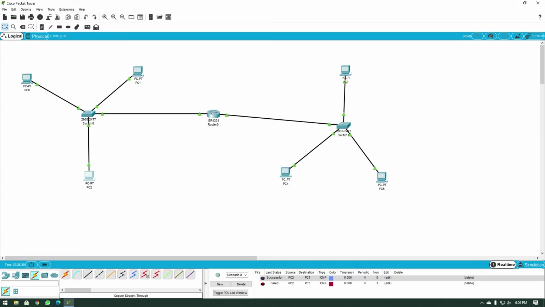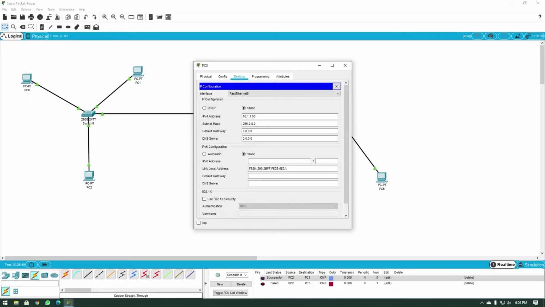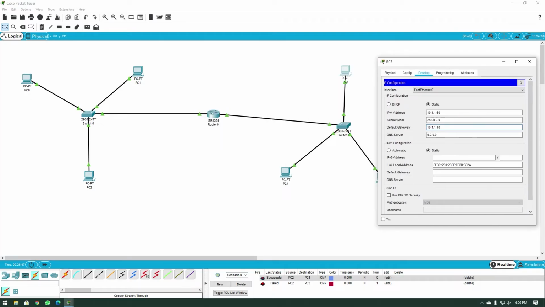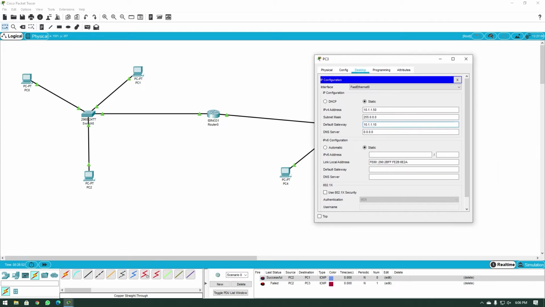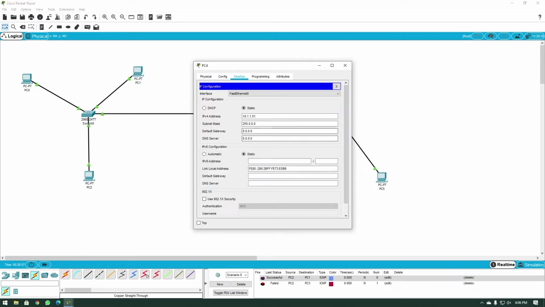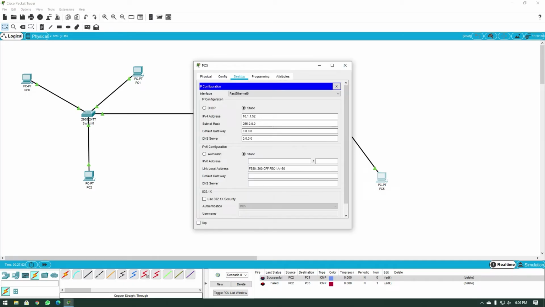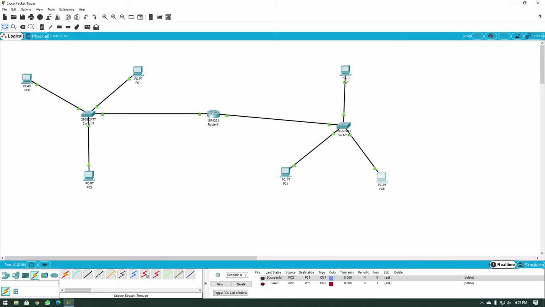Now let's configure the default gateways of these 3 computers to the IP address of the router on this interface on the right over here. Let's click on this. Let's go to IP configuration, and default gateway is going to be 10.1.1.10. Remember, this was the IP address of the router on the right side, on this port that it is connected to this network over here. I'm going to copy that, go to the next PC, go to IP configuration, say this, and go to IP configuration and do this and close it.